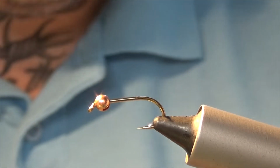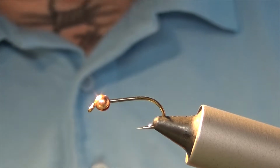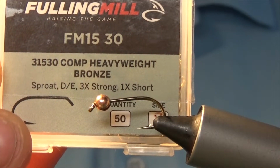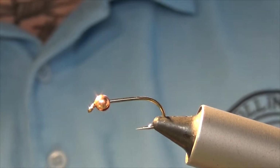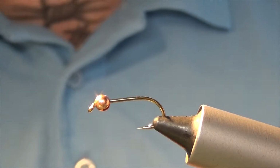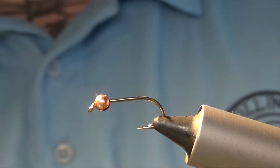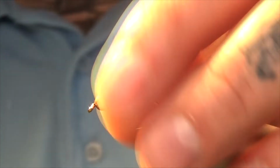So I've been slacking on the videos lately. I thought I'd show you a great pattern that's been working well for the Dollaghan. So here in the vise is a Fulling Mill Competition Heavyweight bronze size 8, and the bead is a 3.8 tungsten bead, copper, and this is from getslotted.co.uk. This is a slotted bead, so it can move up and down,